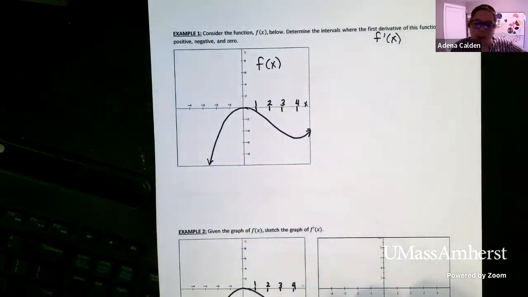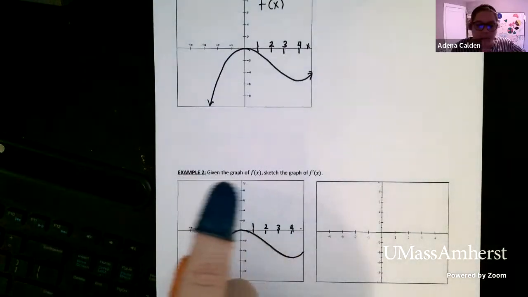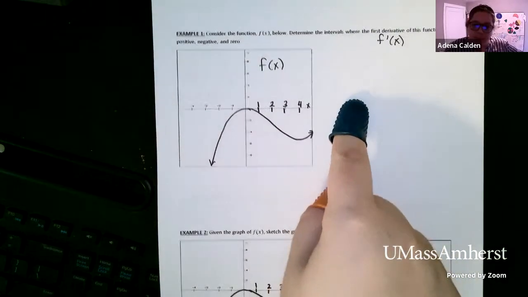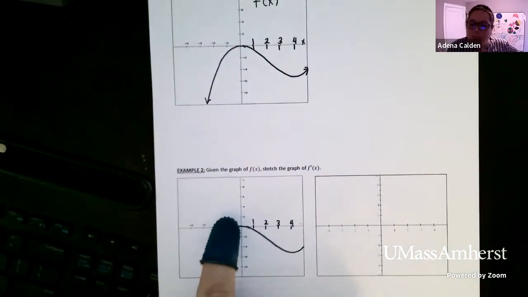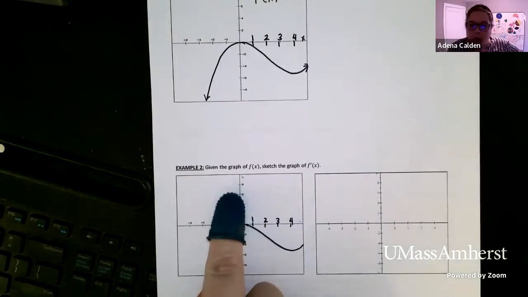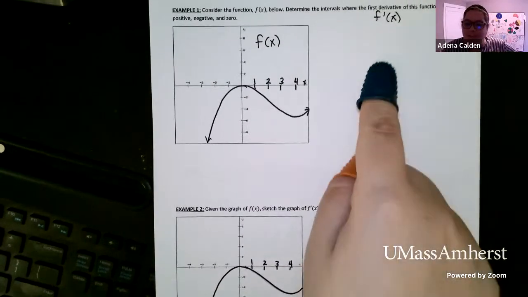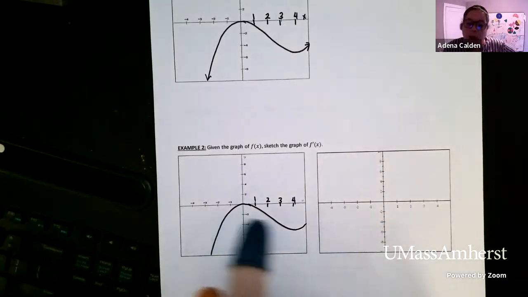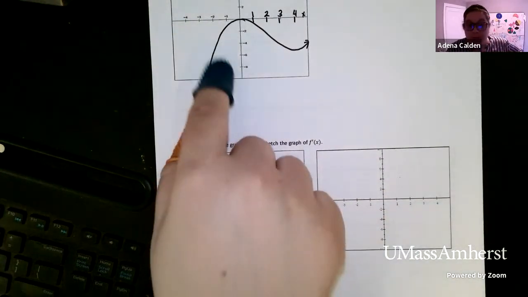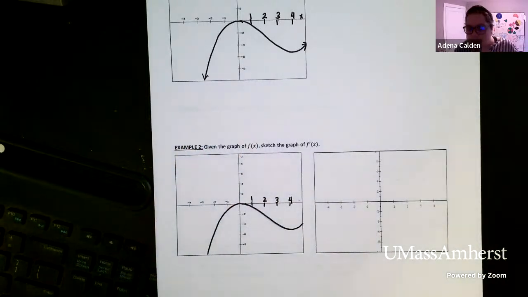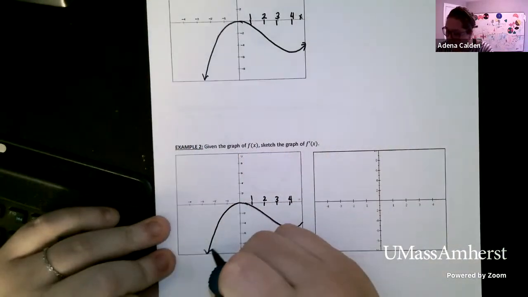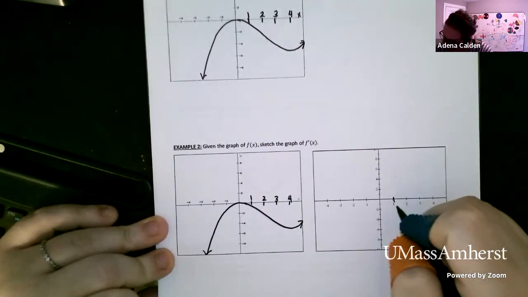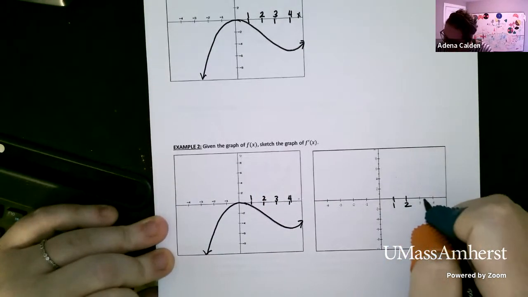That's example 1. Also, after you've done that, I want you to think about how we can take this information from example 1 and use that to help us graph the first derivative of the function. So we'll know the signs of the first derivative, and that will help us think about how to graph the first derivative of this same function. Notice that these are the same. So those are the two pieces, and you really want to do this piece first because that will help us think about this graph. And this is the same axes